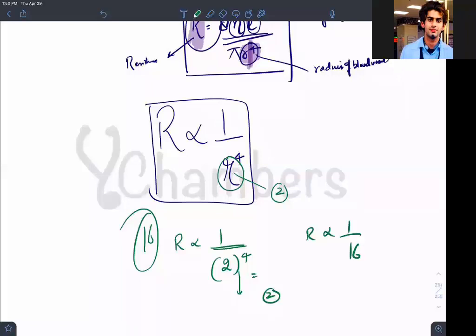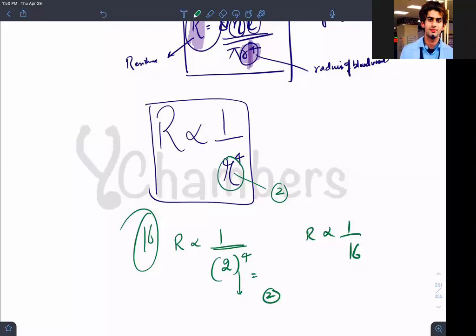Listen here. That means if I give someone a vasoconstrictor, will his resistance abruptly increase or not? Even if I give a small dosage, what will happen? At the arteriolar level too, there will be an increase in the resistance. There will be a very large increase in resistance. That's the beautiful concept of physiology.